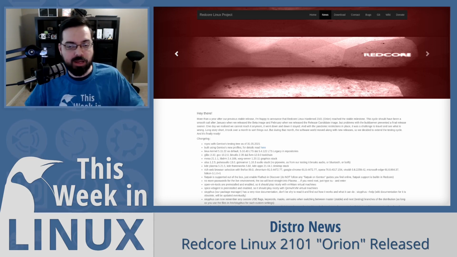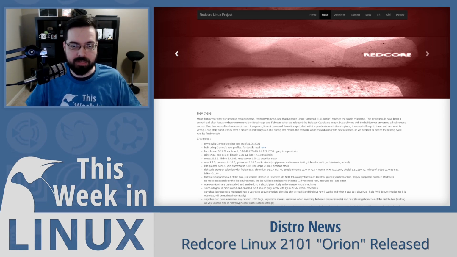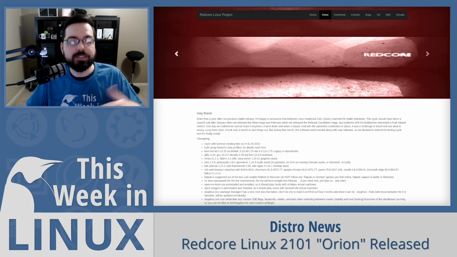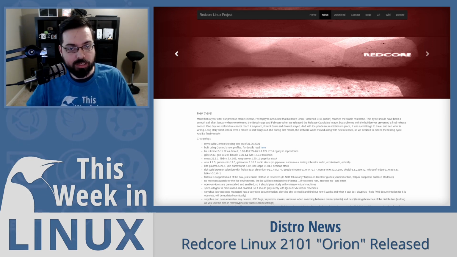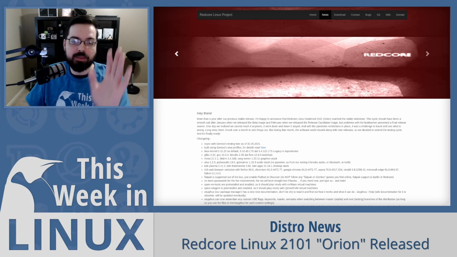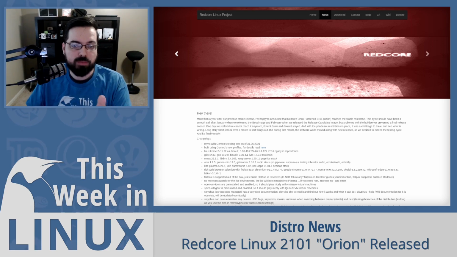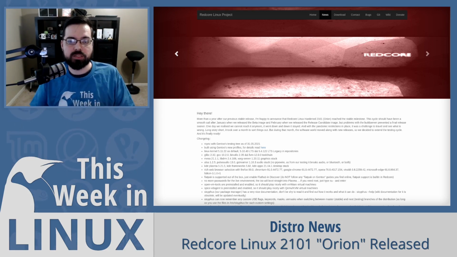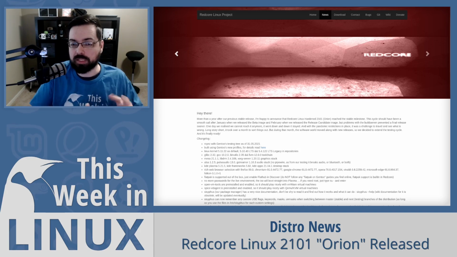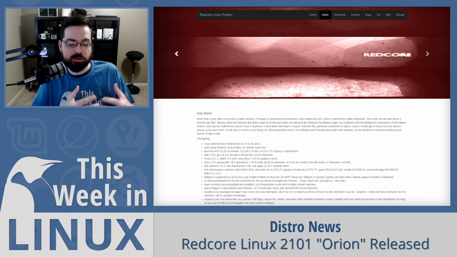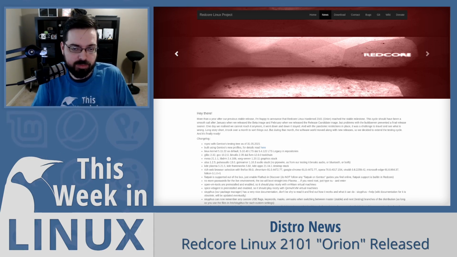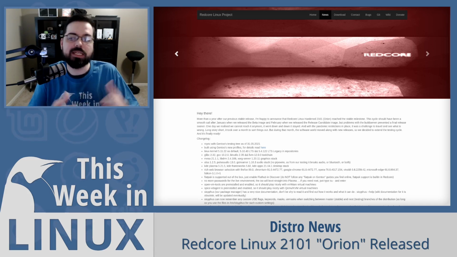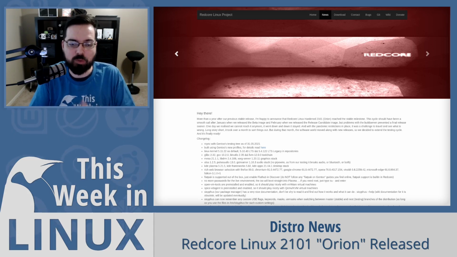A lot of people talk about how Arch Linux's wiki is great, which it is, sure, but Gentoo's documentation is also quite good. Anyway, this Redcore Linux comes with pre-built binary packages and a repository that receives continuous updates and a rolling release model. And of course, I was definitely interested in this one because I'm a big KDE fan. It uses KDE Plasma as the desktop environment for Redcore.